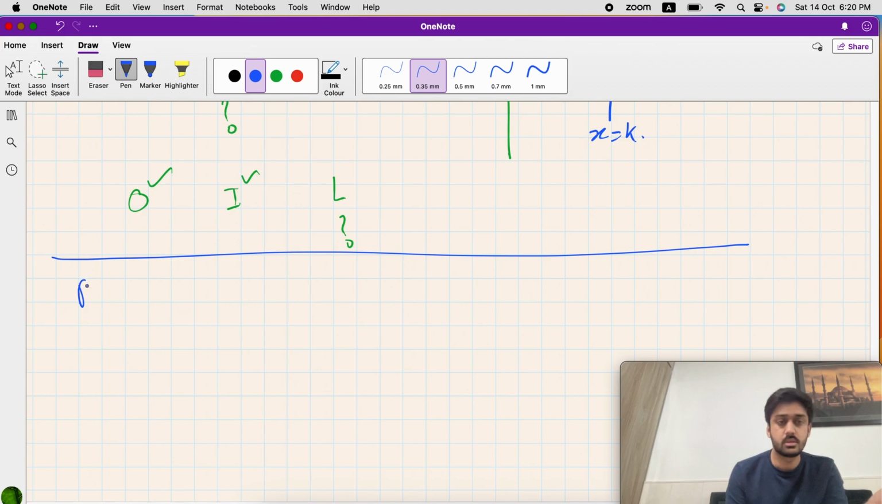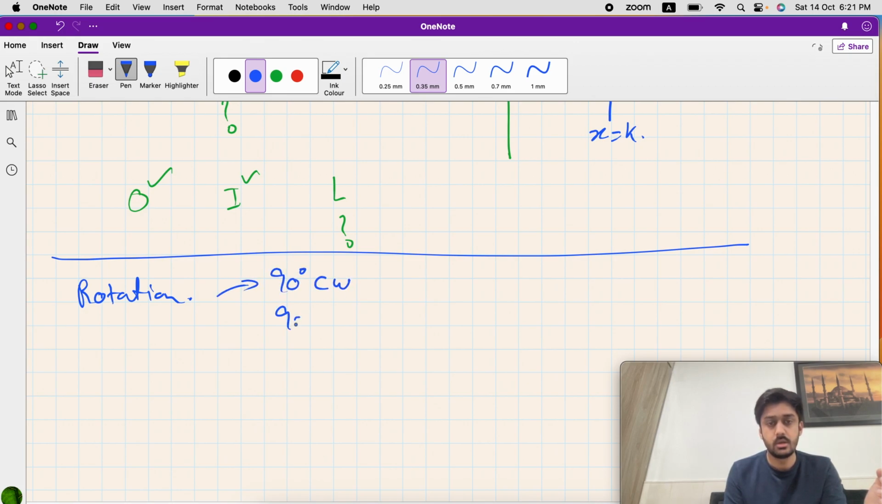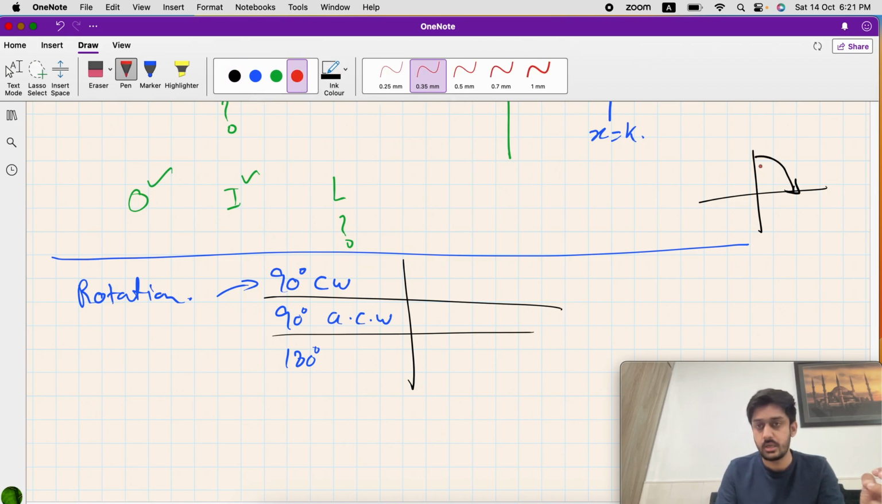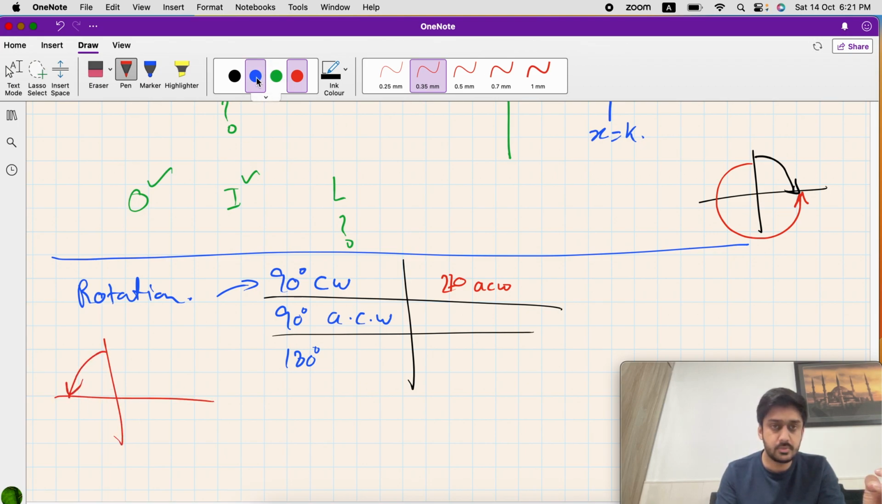Now next case is rotation. Rotation has 3 type of cases, that is 90 degrees clockwise, 90 degrees anti-clockwise, and 180 degrees. Not to mention, there are few questions which may consider 270 degrees. If you know you are moving 90 degrees clockwise, that is exactly equal to 270 degrees anti-clockwise. 270 degrees anti-clockwise or 90 clockwise is the same thing. For 90 anti-clockwise, which is actually equal to 270 degrees clockwise,